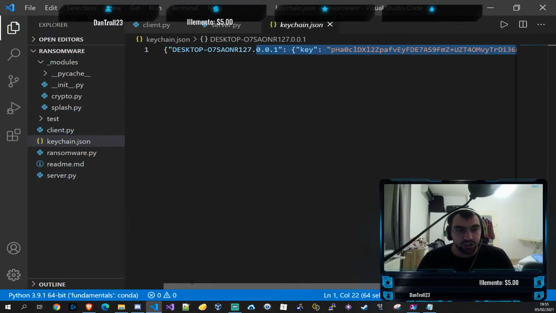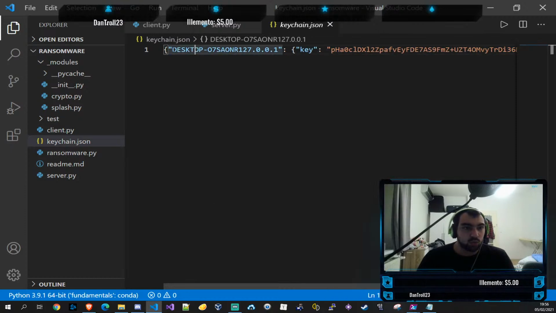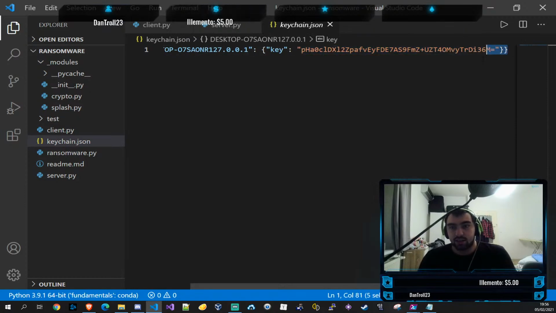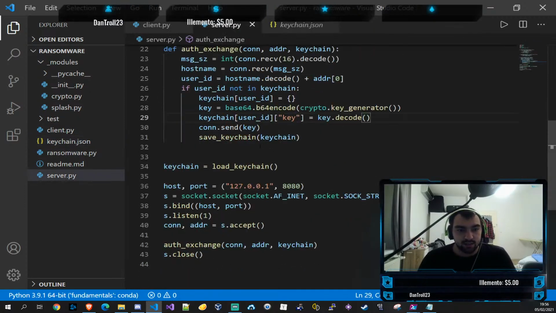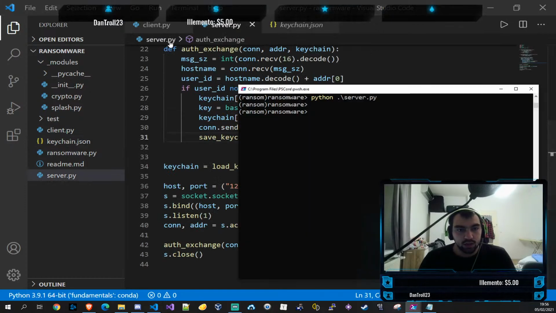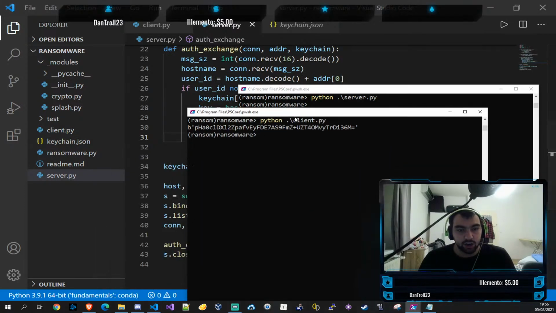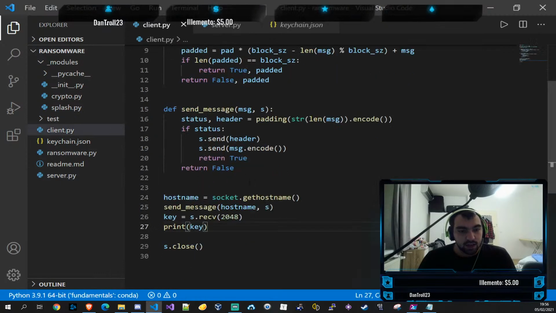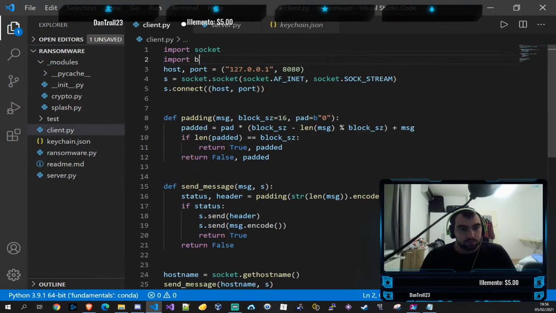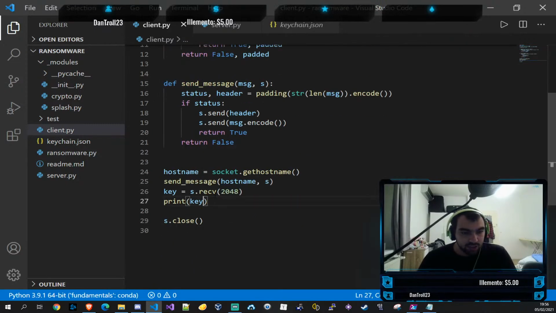And if you look at our keychain.json, we have our ID, which is our desktop name, and our IP. So it's kind of unique-ish. And then we have our key, which is this. And if we decrypt this, by the way, here we printed our key in our client, but this is where base64 comes in handy. Instead of printing the key, we can print